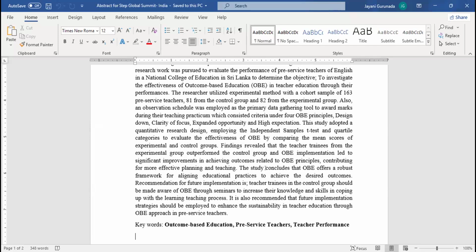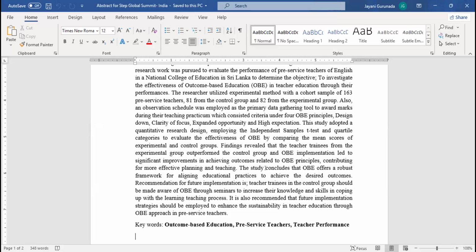Then you write about your objective. After the objective, you write about your sample, then data collection tools, research design, analytical method, findings, conclusion, and recommendation. So all these things should be there in the